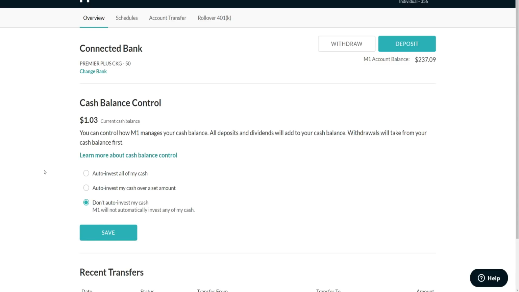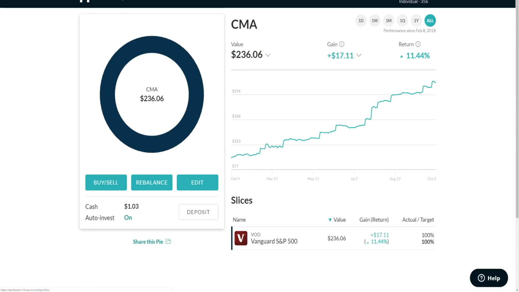So I've hit 60 years old, I have a Roth 401k, I have a Roth IRA, I want to go ahead and begin withdrawing those capital gains and dividends 100% tax-free. And I've just turned off my auto invest feature. I want to let that cash build up in my account. So how much cash would I have at the age of 60